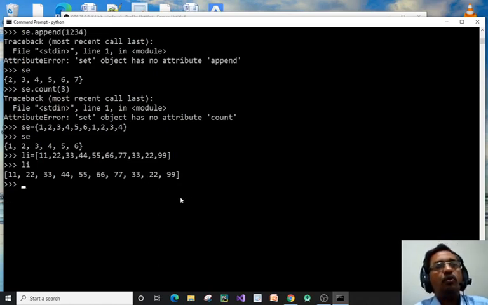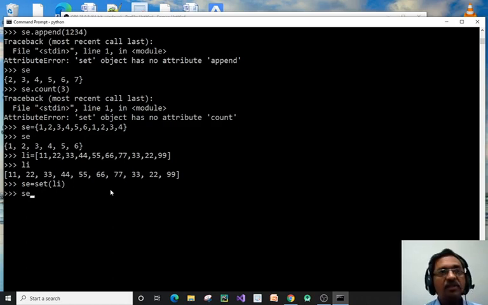Now I want to remove the duplicate elements. Here we can easily visualize, so we can say no problem. But if the number of elements is more, then visualizing duplicate elements is very difficult. If we have thousands of numbers, then removing duplicates from 1000 numbers by just visualizing is very difficult. So what we can do here is se equal to set. Set is a reserved word which converts this list into a set.